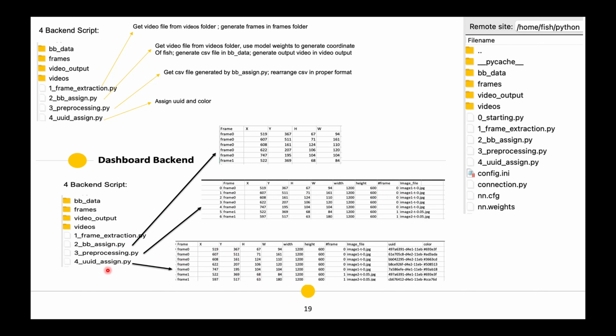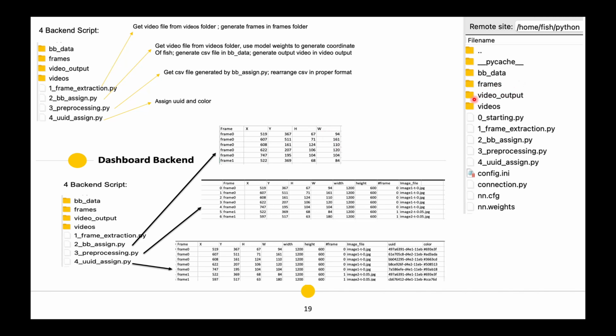The main Python script will be run, and it will simply assign the UID and corresponding color to the boxes. Here we can see that bb_data contains all the CSV files generated corresponding to each UID. Frames contains all the frames generated by the frame extraction.